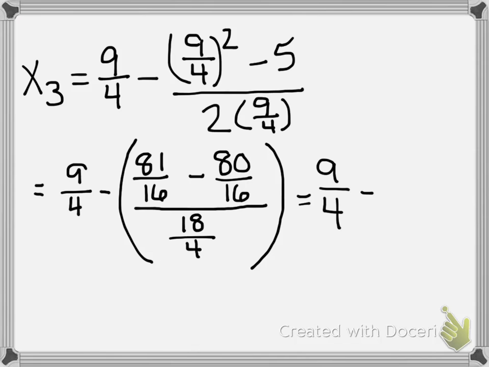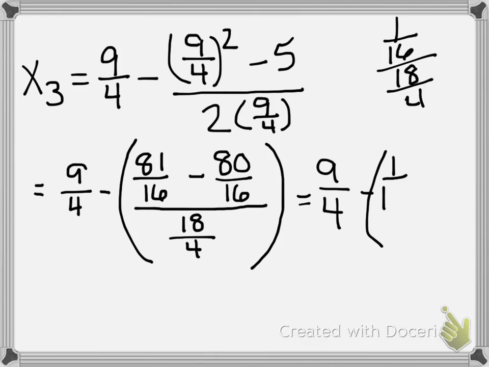And if you remember, when you have something crazy like 1 over 16 over 18 over 4, we keep the top, we change the division sign to a multiplication, and then we're going to flip the bottom,